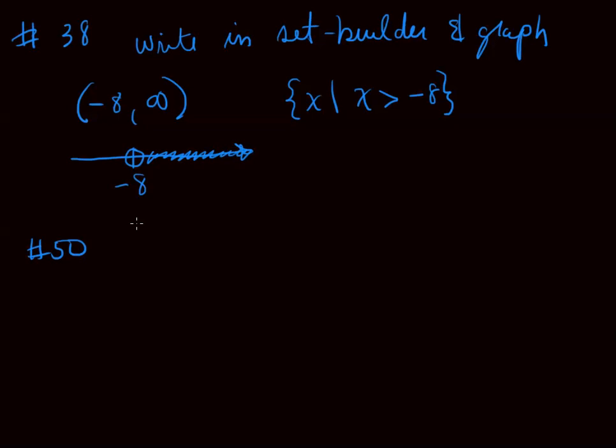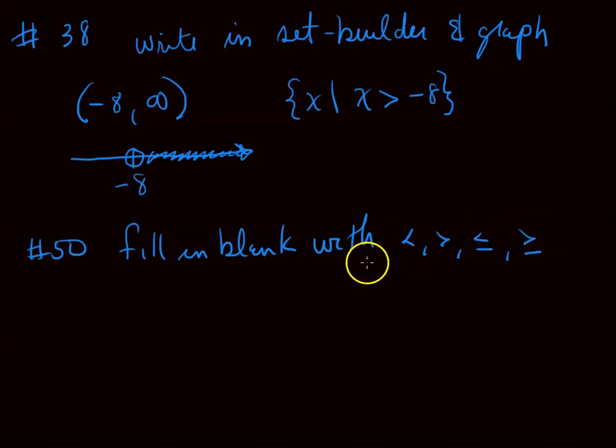Here we want to supply the correct thing. This is where you're going to say, I can't get 4 steps. But first of all, write the instructions. Fill in the blank, right? With less than, greater than, less than or equal to, greater than or equal to. They said the correct inequality symbol. So that's one step. Then they would give us if 3x is less than or equal to 12,